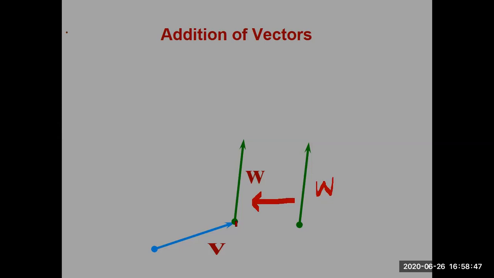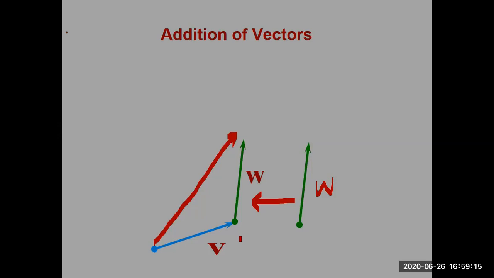You will bring it so that its tail is at the terminal point, the head, of the first, and you will join the tail of the second vector with the first. And finally, you will draw a vector whose tail is with the tail of the first and head with the head of the last. So this vector is the addition of the vectors, and this method is basically the graphical method for vector addition.